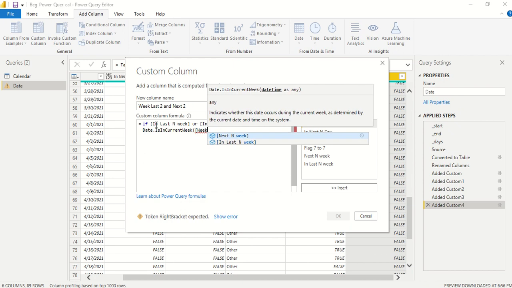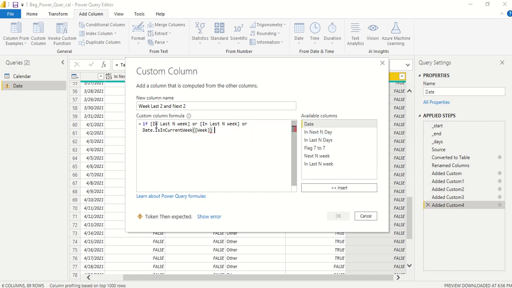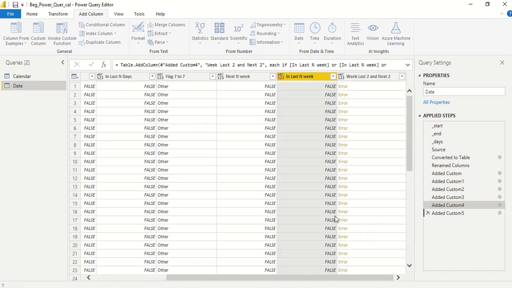We created it in the other table, and now we have to do it again here. So these things are there. If these conditions are true, then we have to call it, let's say, 5 weeks, and we have to call the rest of the things else, others. In Power Query we have else. So what we are saying is 2 weeks before, 2 weeks after, including the current week, that's what we are trying to get here as a flag, and then we are calling that 5 weeks and others.